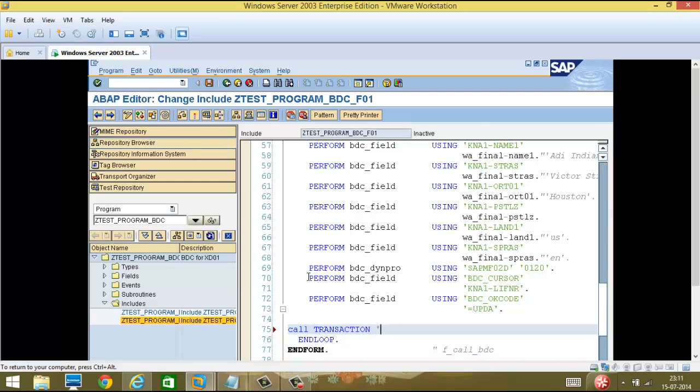So call transaction xt01. What we are doing actually is passing everything. We just stored everything in a particular place and then we are passing everything to the xt01 transaction by using this statement. So call transaction this using IT underscore BDC data mode. Let's say A means all screens, N means no screen, E means only error mode, only the screens where errors come. So mode A, update S means synchronous,